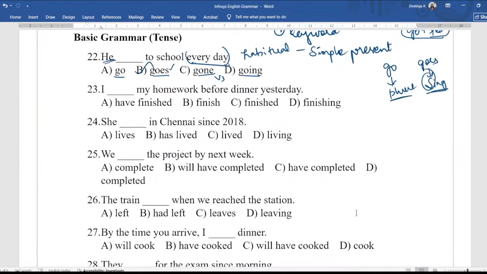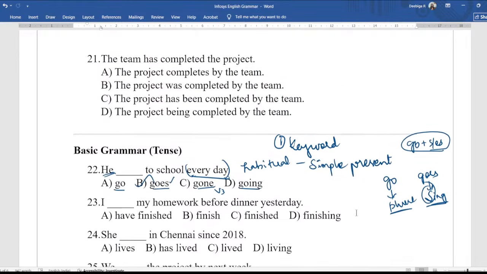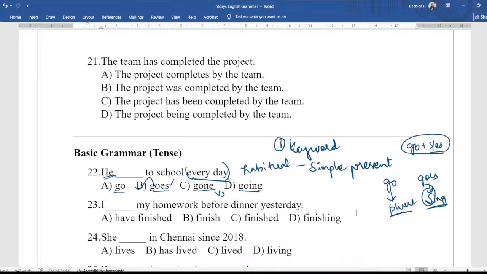Now let's go to the next question. I dash my homework before dinner today. Okay. Before dinner yesterday, I'm sorry. I dashed my homework before dinner yesterday. The keyword here is yesterday. So, what kind of keyword should you be looking for? Something that denotes time. So, the purpose of using tense is we want to let people